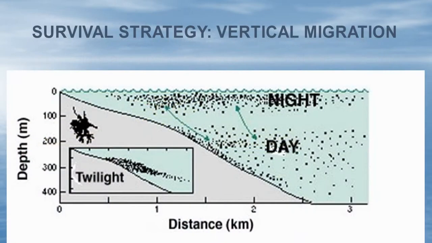This shows almost like a scale of the type of life. We see those dots right there represent that at nighttime they've moved up here, and they're fewer down here. But at twilight, they all move down to the lower depths to avoid the creatures up there in the daytime.